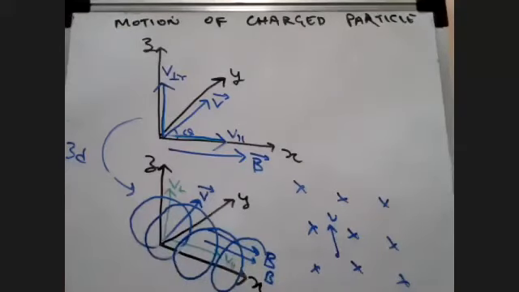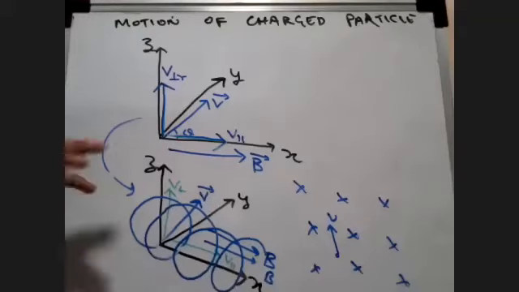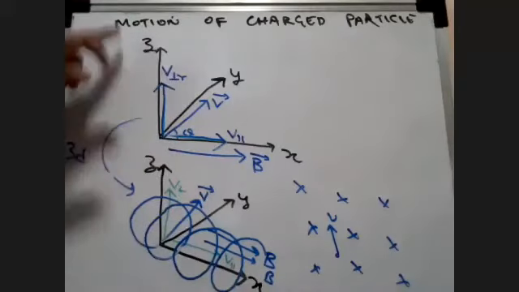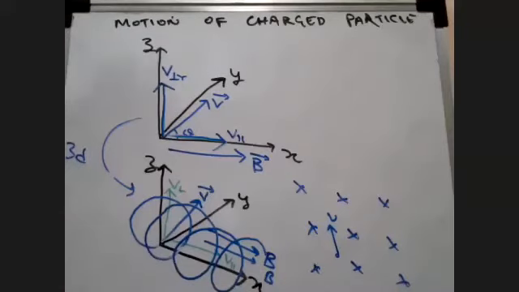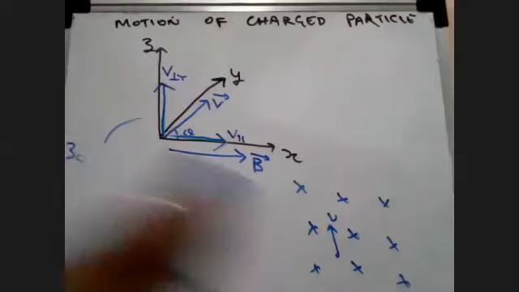So V perpendicular and V parallel, the two components of the velocity vector, are causing a path in the form of a helix. This is an important thing to understand. The motion of the particle will be circular in the y and z axes, but because of the V parallel component, we will get a helix. So if this is understood, students, let me get to certain points here.